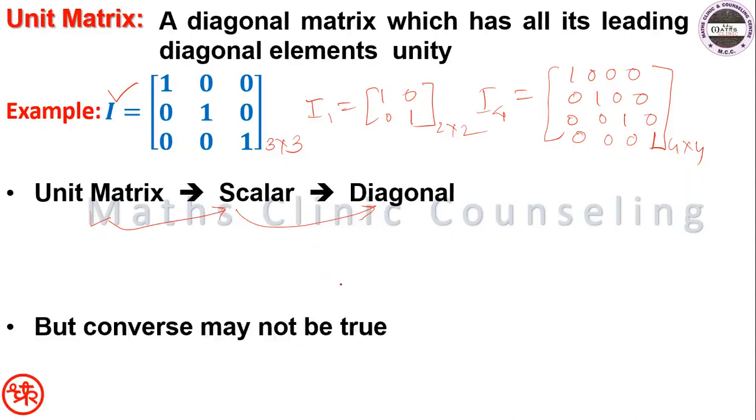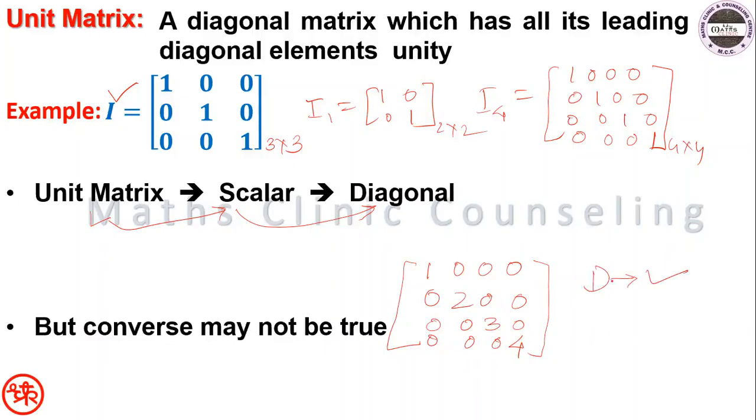The converse cannot be true. For example, you just see, we write a matrix here: 1 0 0 0 0 2 0 0 0 0 3 0 0 0 0 4, right. This is diagonal, this is a diagonal matrix because the leading diagonal elements are non-zero. Okay, it is diagonal. Is it scalar? Look, are the diagonal elements equal? No, they are not, meaning it is not a scalar. Okay, is it unit? Is it a unit matrix? No. Because every diagonal element must be 1, so it is not 1, and therefore the converse is not